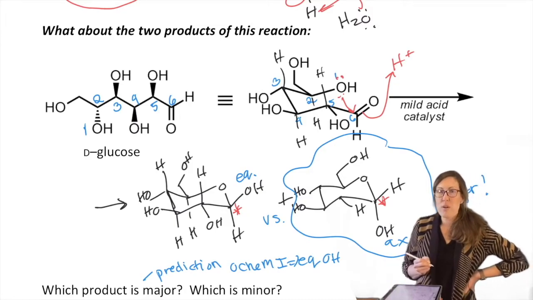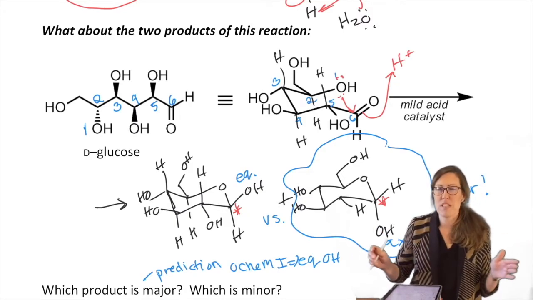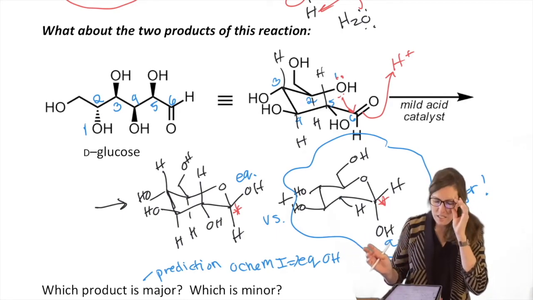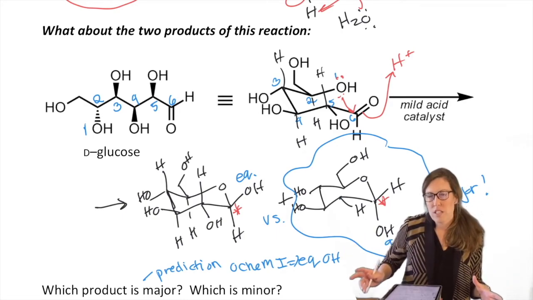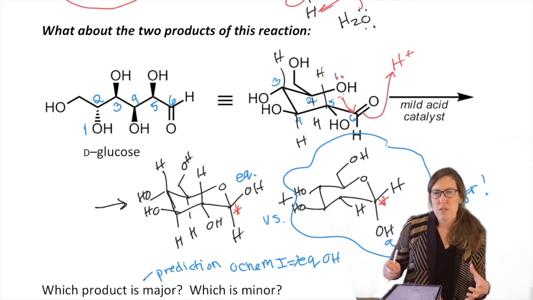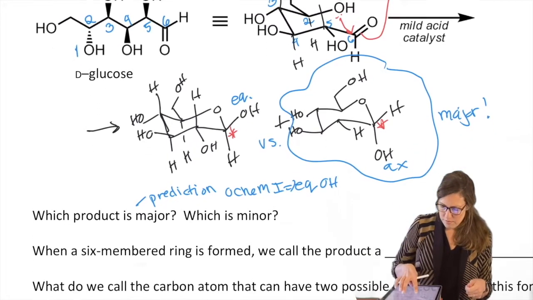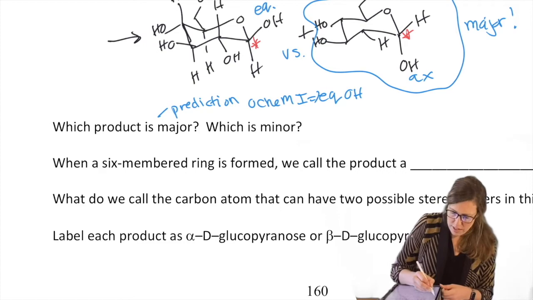Why was equatorial OH major? It always gave it more space. We did the double Newmans to prove that, built models to prove that. So I'm not going to hash that all out. But if you're not convinced, build a model, build one with equatorial H and axial H, and see which one can bump into it more and have more steric interactions. Okay, so I'm going to write out the answer and we'll work through it.